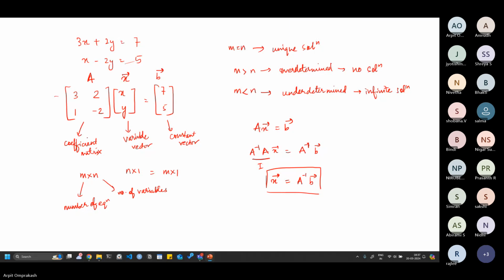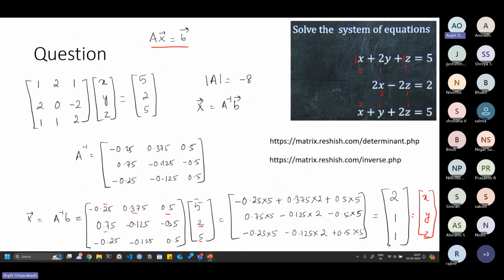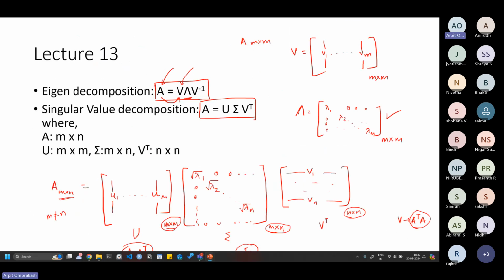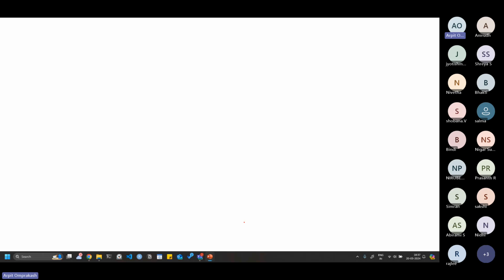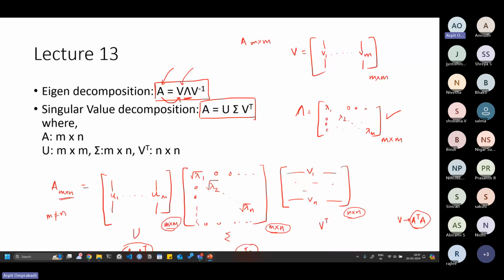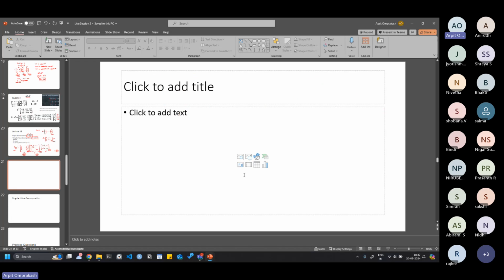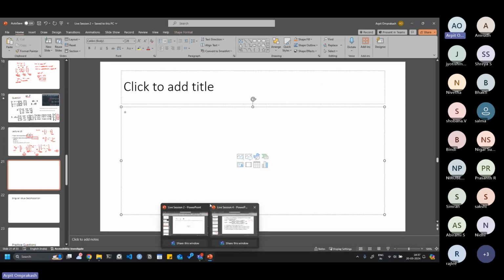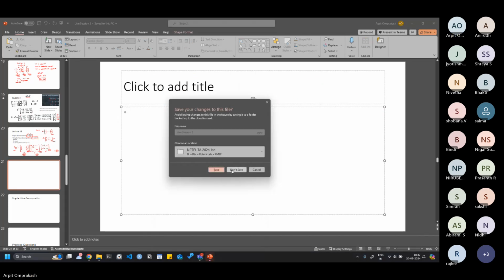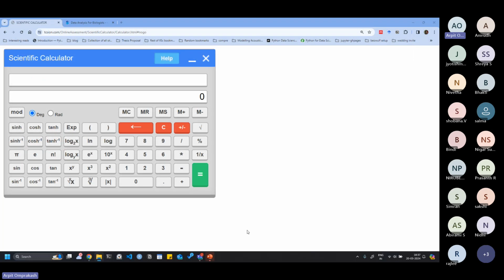Okay. Then we also talked about eigenvalue decomposition and singular value decomposition, where we basically break any rectangular matrix into diagonal matrices because these are easy for us to compute on. Right. So that's it for week 2. Then in week 3,